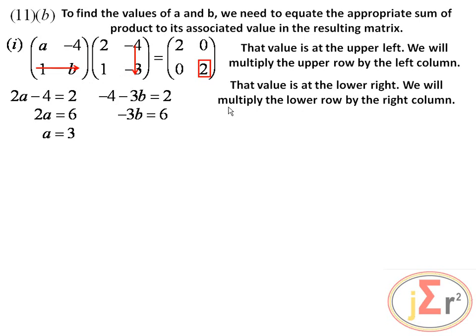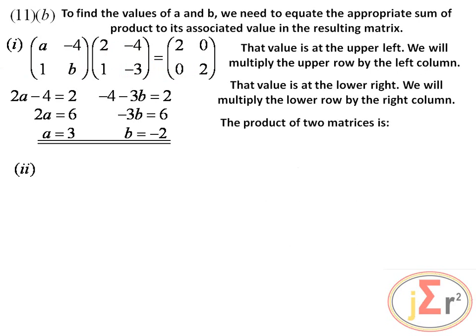So transposing this negative 4 by addition again, and then say 6 divided by a negative 3, B is therefore equal to negative 2. We will continue